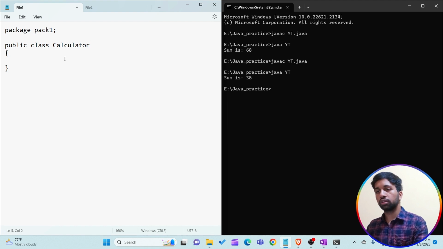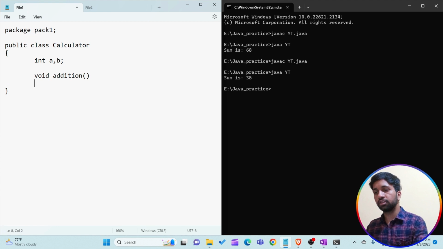I want to take the same example in terms of how we are able to use the default member of a class outside the class or outside the package or not. So I am creating int a and int b as default members of a class, instance member variables, and then I want to create a void